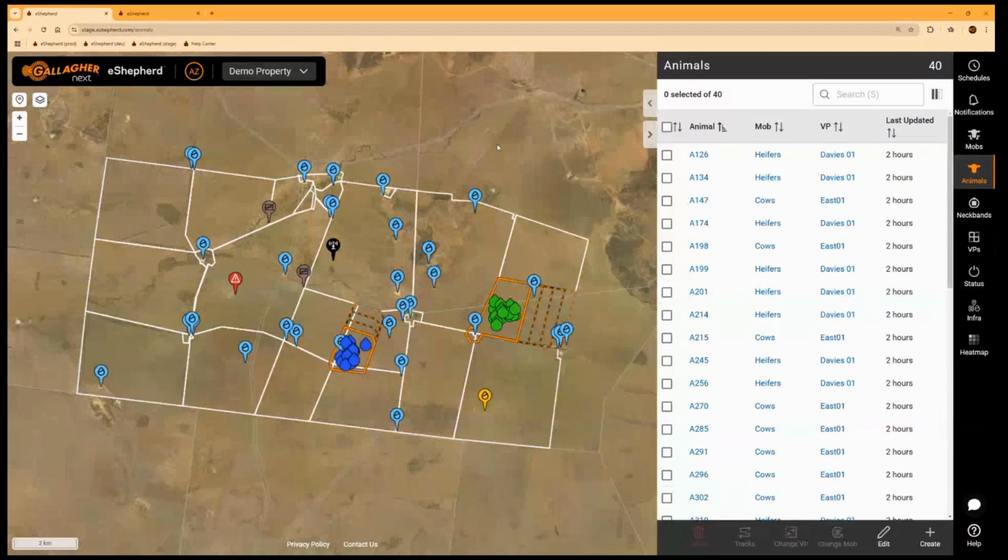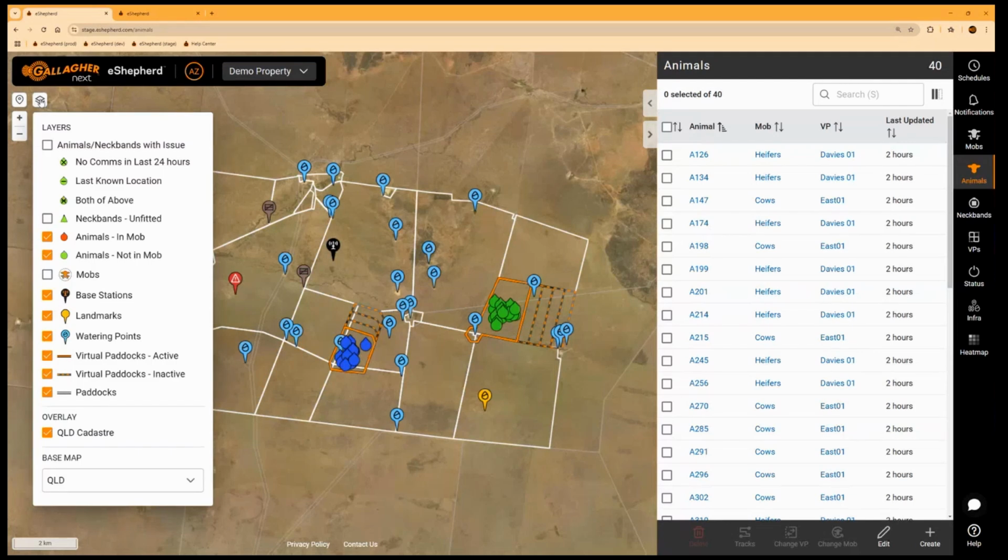So that's a nice handy one to use from time to time when you've been zooming around on the map. And now the one that's more important is this layer icon here. So I'm going to click on that. And now this is where things look a little bit different compared to your application at the moment, because we are introducing a few additional little icons so that it gives you more understanding of what you're seeing on the